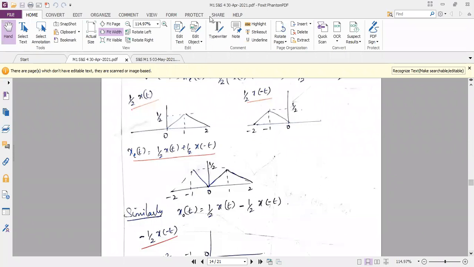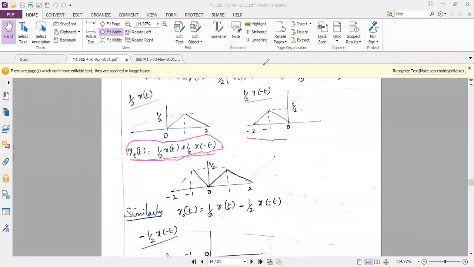Okay. So now the next step is, separately I have drawn the signals. So what is my next step? I have to add both. Addition is very easy. You do not need to scratch your head to perform the addition. For example, I have to start from the extreme left hand side. At the extreme left hand side, I have the signal for 1 by 2 x of minus t.